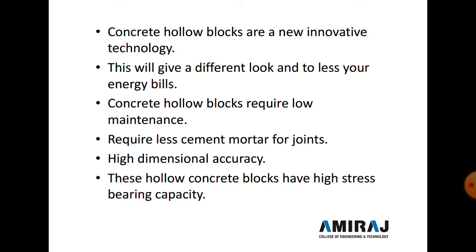The most important thing is that blocks require less cement mortar for the joints and require little or even no plaster, thus speeding up the construction work. Because the block requires less cement mortar, no uneven surface is seen on the block surface. So less mortar is required, and in plastering there is no uneven surface, so the plaster work requires less thickness. Overall we save cement and plaster material.